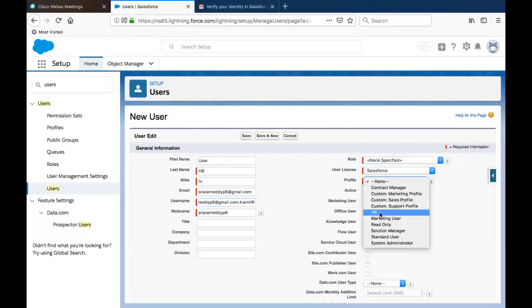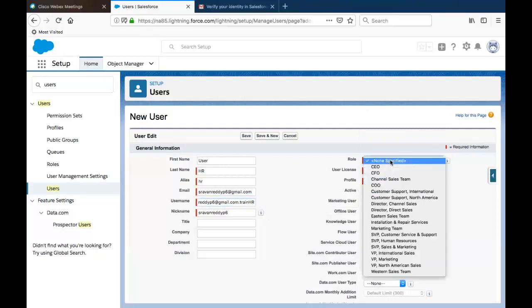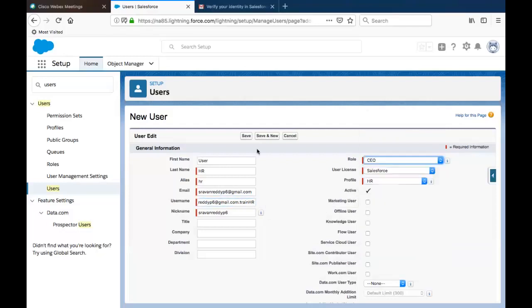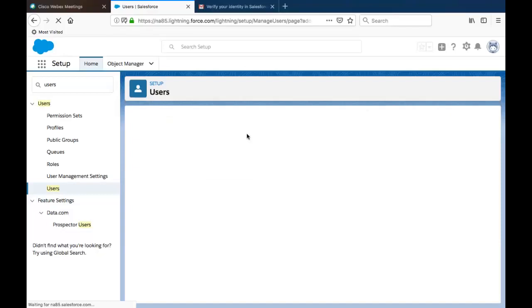You see this profile here. I just created a profile called HR and I see this profile here. We'll talk about role later. And when I just hit save,